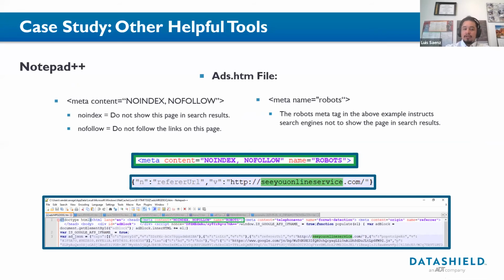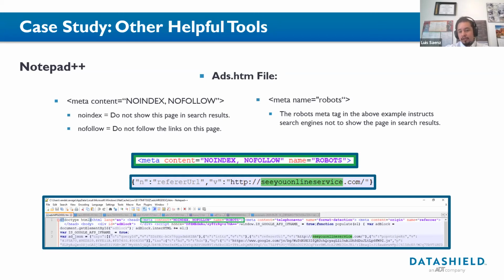There's Notepad++. This is a text and source code editor for Windows. It supports tabbed editing, which means that you can open multiple tabs in a single window. So it's fairly handy, and it can be used for all sorts of scenarios. So for this investigation, we utilized it for checking one of the HTML files, which is